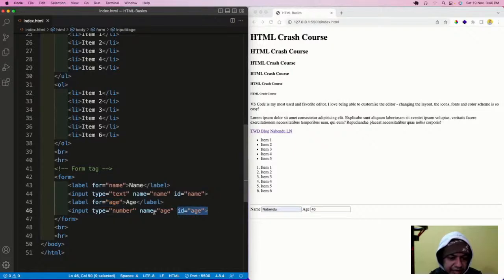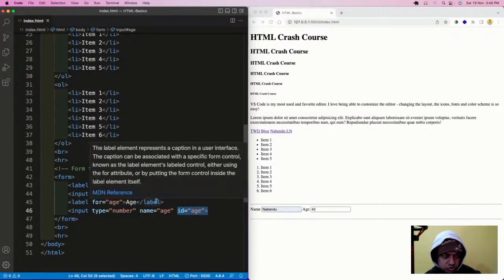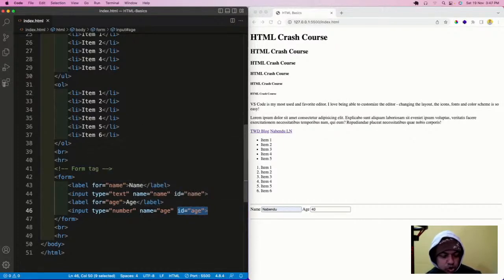But what is this name attribute then? Type is number, we know what that is. Type is text, I can type text. But what is name equal to name and name equal to age? When this data is sent to the backend, forms are mainly created for that. Right now we are not seeing backend code, but when something is sent to the backend, this name is used. We are going to see that soon. I'm going to show how it is sent. Let us see some more things, because the form tag doesn't end here.